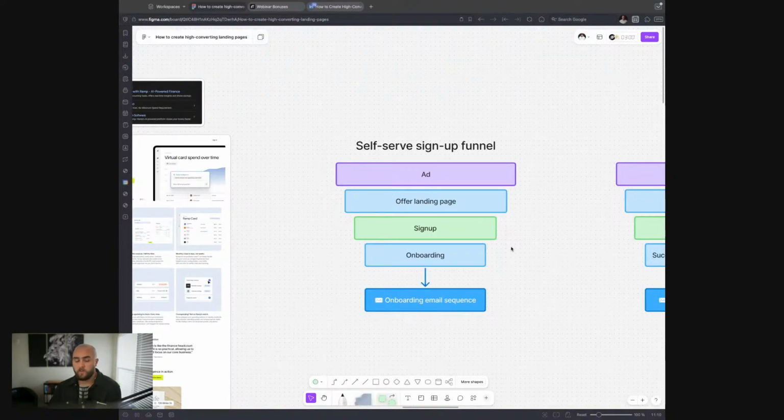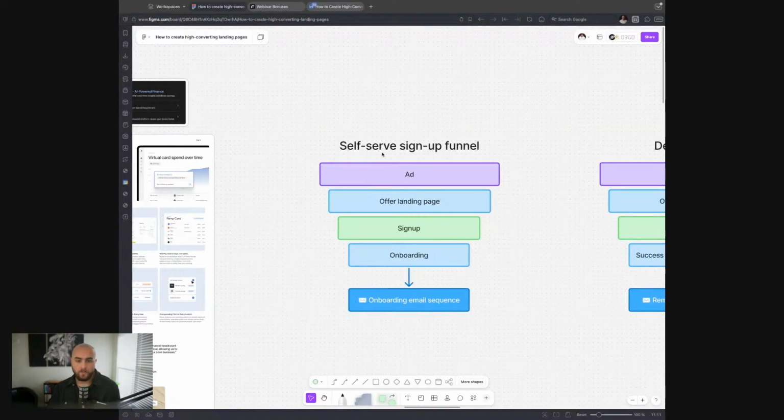These are oversimplified for the sake of today's live stream, but you'll get the gist of what these are. So we have first a self-serve sign-up funnel. This is where we have ads that run to a landing page that is promoting a very specific offer, and then the conversion would be a sign up. You usually want to collect as few fields as possible, and then you can collect more fields in an onboarding